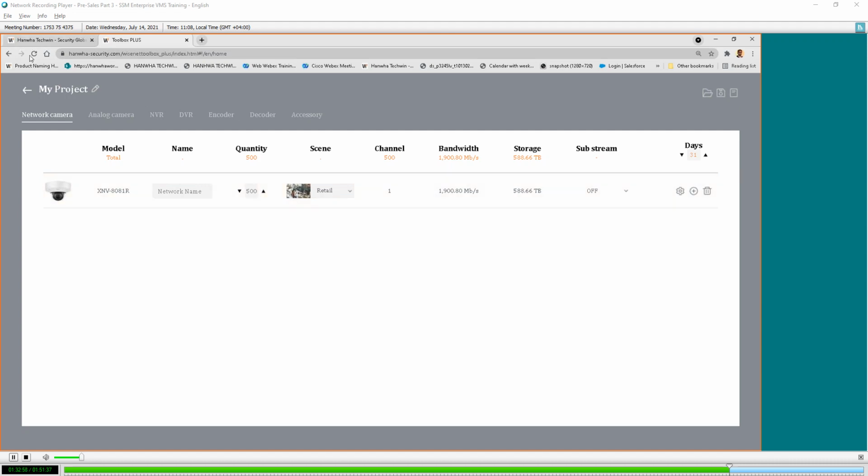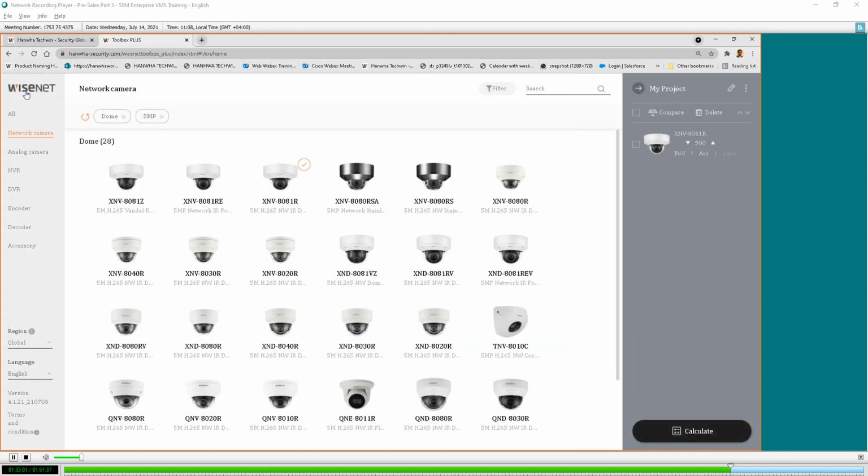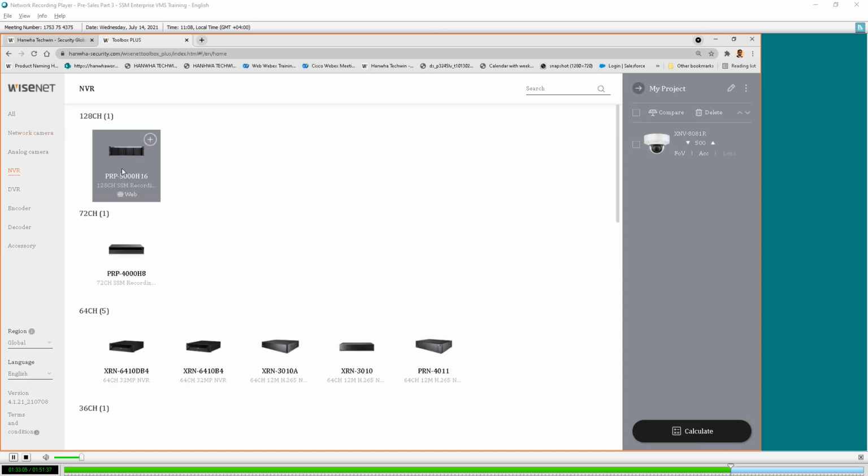Now if you want to design an SSM, use this NVR PRP 5000. Even if you want to buy an HP server or Dell server, it's okay. Use this as a benchmark. Whatever PC you're buying, copy the spec of PRP. You can use i7 16 GB.